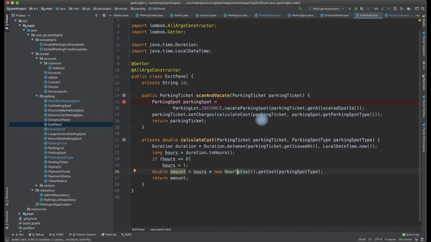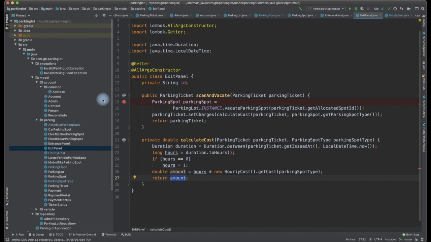This is one extension solution. Whatever I am saying can be extended, it can be extended. This can be asked as an extension question as well: how can you come up with a different parking strategy? That way we should be able to do it without much modification in the primary classes and the interfaces. And I am returning an amount here, and the calculate cost is done. And with the ticket charges being calculated, they should be able to initiate a payment.